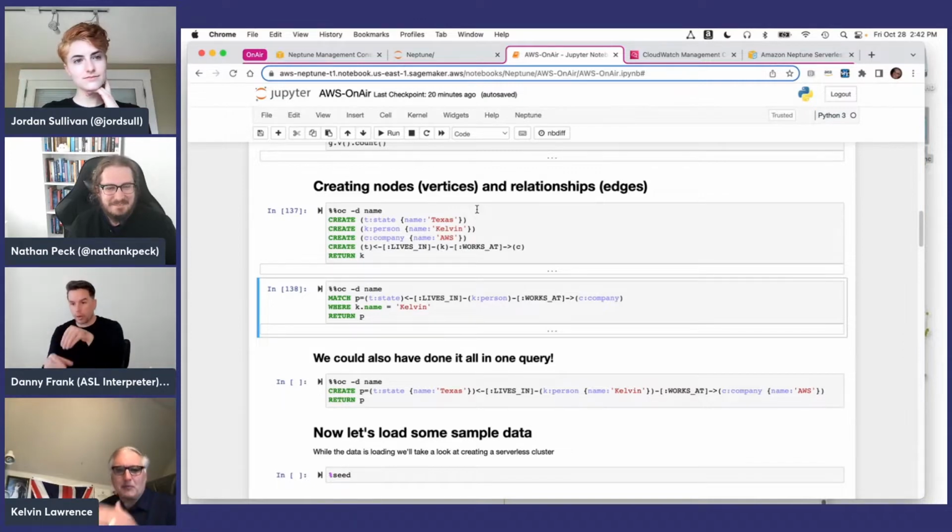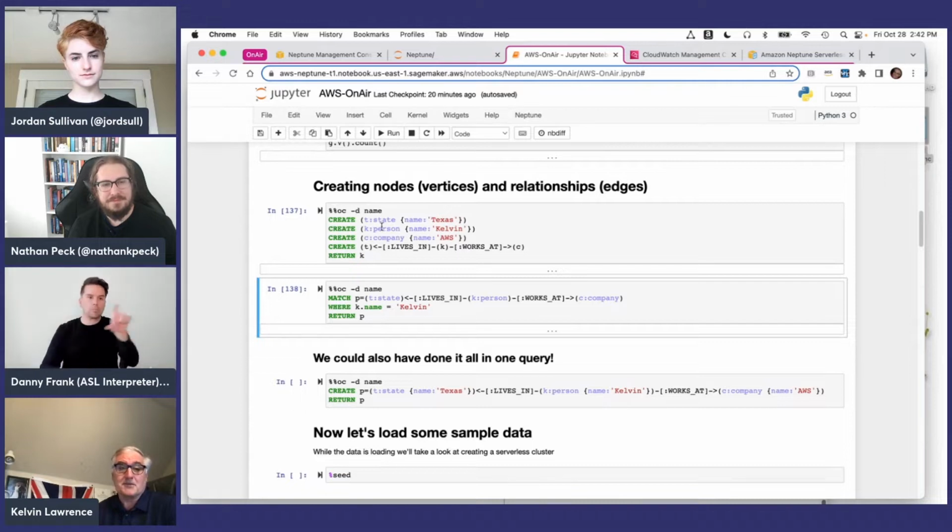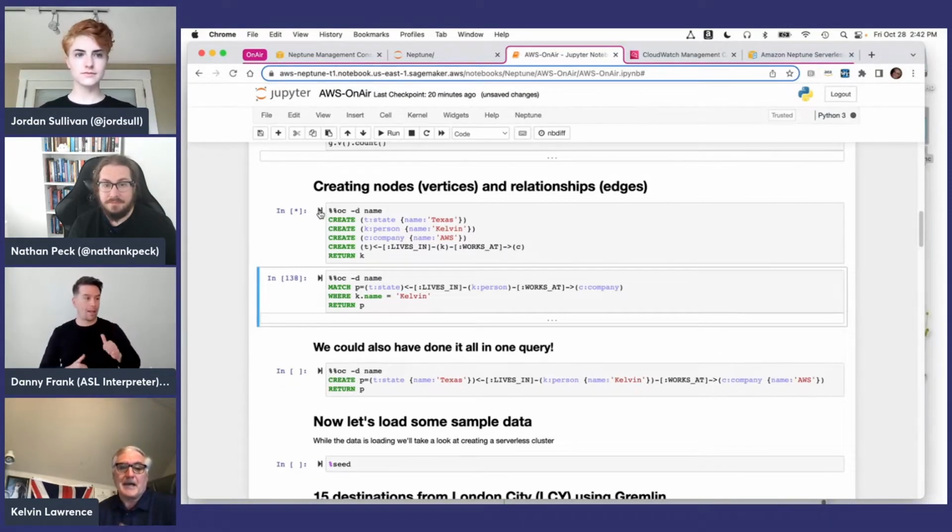Yeah, and I think when people come to a graph database from a relational background, that's one of the things you have to get your head around a bit, is that you don't define a schema ahead of time that has rows and tables and columns. But you can sort of think of a vertex with properties as a row in a table, if you like. So we're going to create 3 nodes here. We're going to create one for Texas, one for me, and one for AWS. And then we're going to create a couple of edges that associate me with where I work and associate me with where I live. So if we run that,